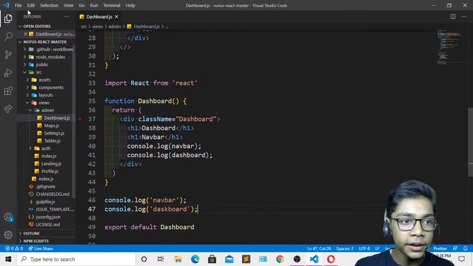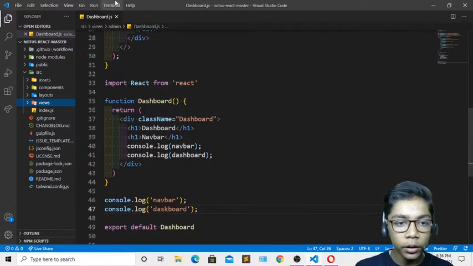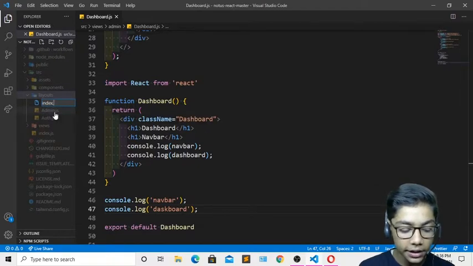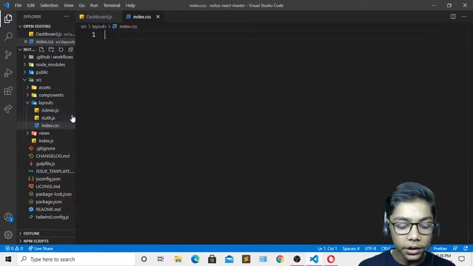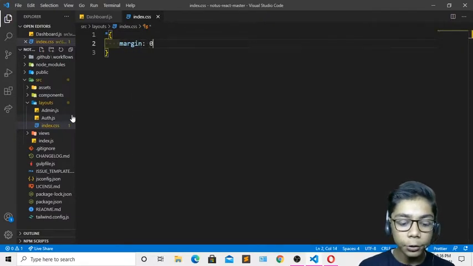Now I'll be hitting save, and I'll be going to my views, so you can see that. And you have to create one file. So go to file. First of all, you have to come and create that. So I'll be writing index.css. And when you've just created it, you have to create a margin file, because now we have to style all these things.